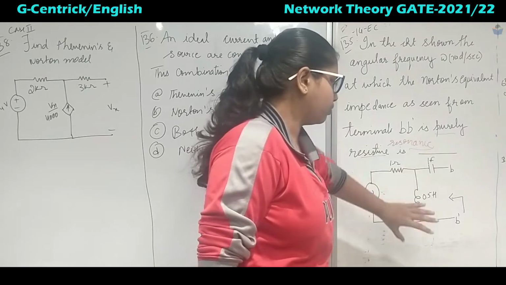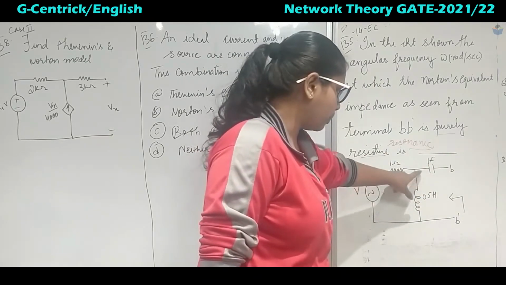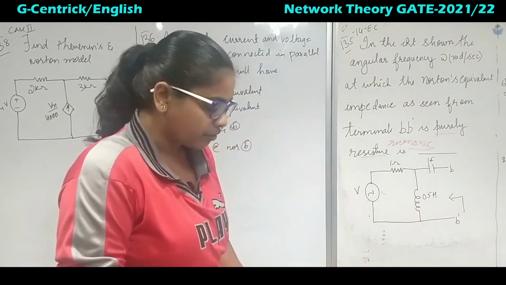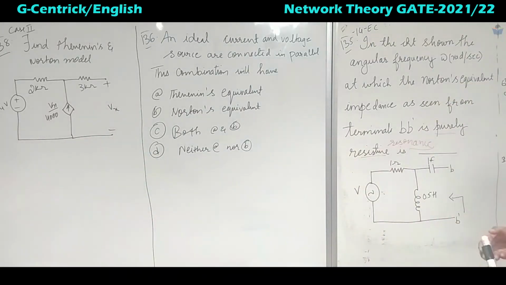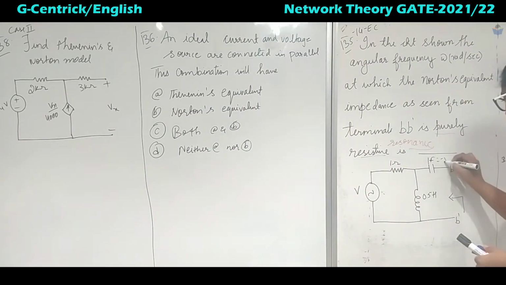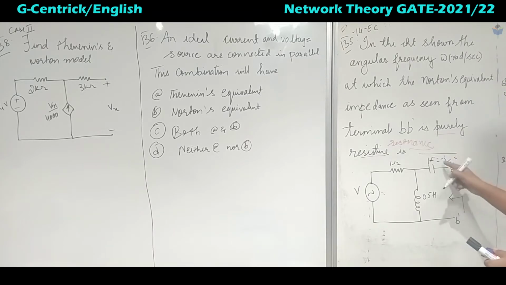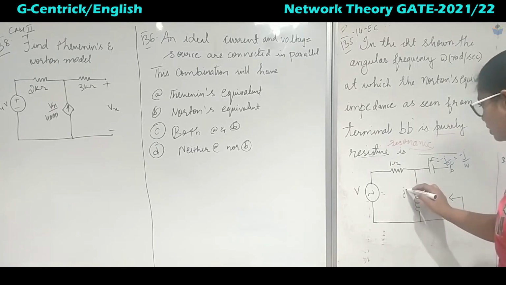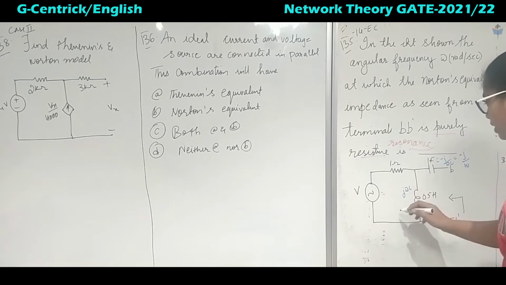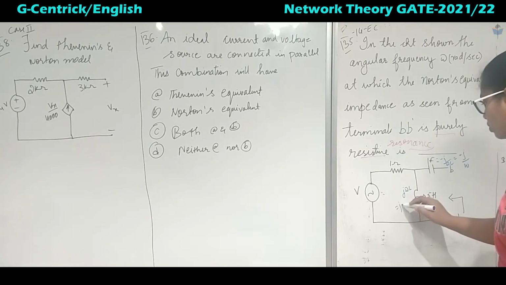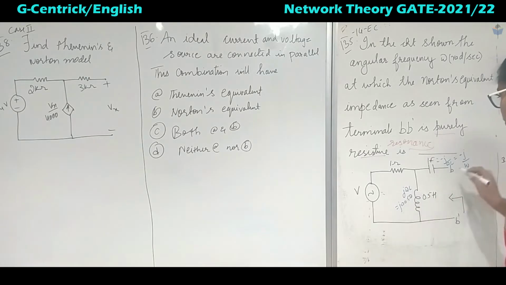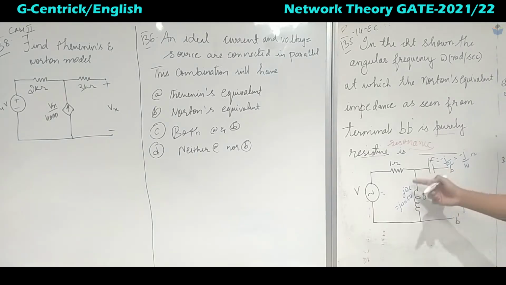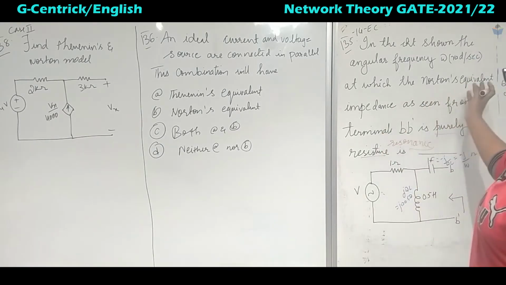Now first, whenever you see the AC circuit, convert the capacitor and inductor to ohmic values. So we will do that. The capacitor is minus j by omega C, and the value of C is 1, so it is minus j by omega. We have to find this value only, omega. Here it is j omega L, where the value of omega L is 0.5 ohms. So now we have converted this into ohmic value. Now what do you have to find? Z equivalent.